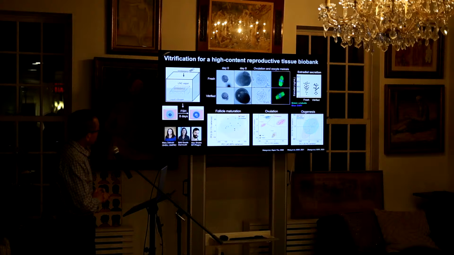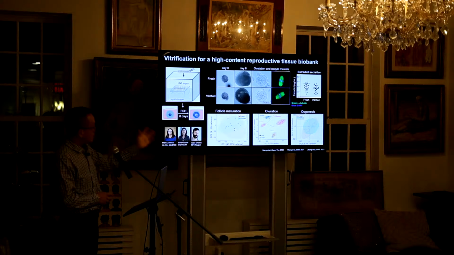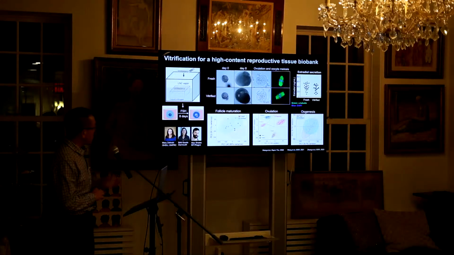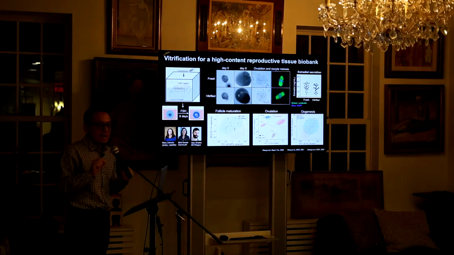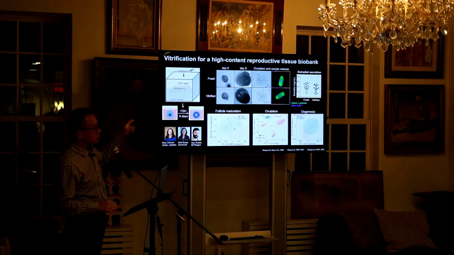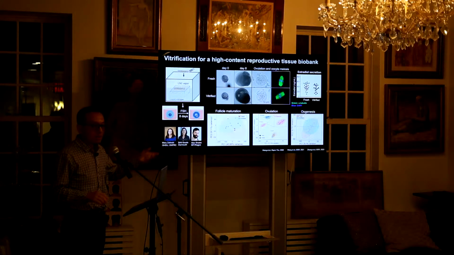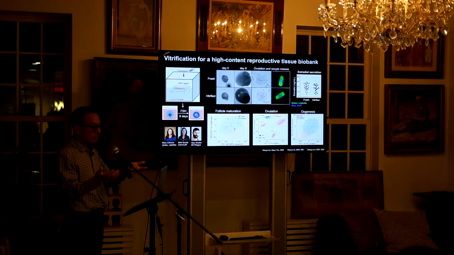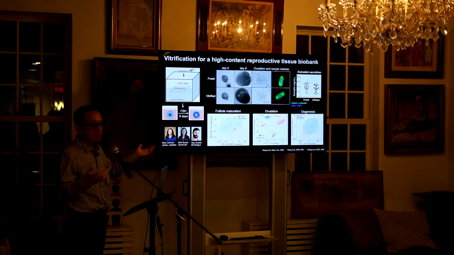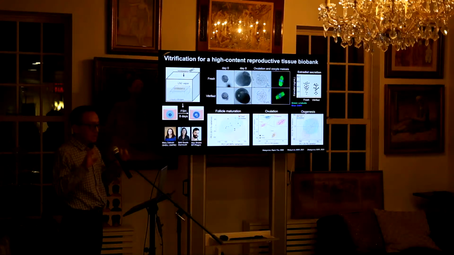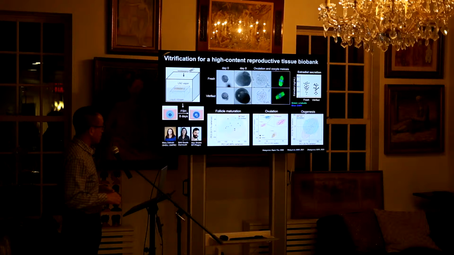For our vitrification project, just one slide and I will quickly go through. Vitrifying oocytes is relatively standard, and it works so well. But if you want to vitrify organoids or follicles, either for fertility and IVF purposes or for a toxicology biobank, it is a totally different story. If you don't have a good recipe, you break the gap junctions between those cells and the connection between the oocyte and somatic cells, and then the follicle cannot survive or be cultured.